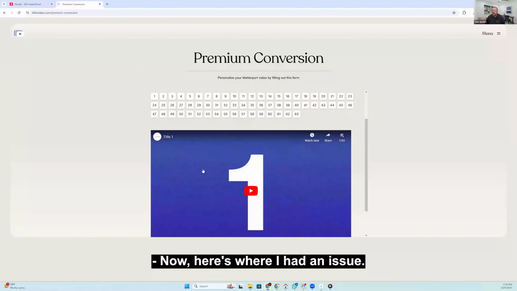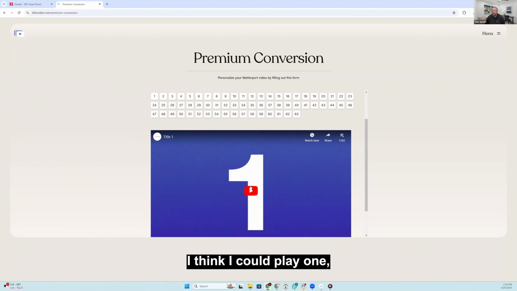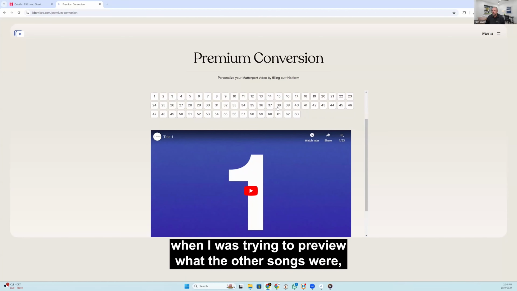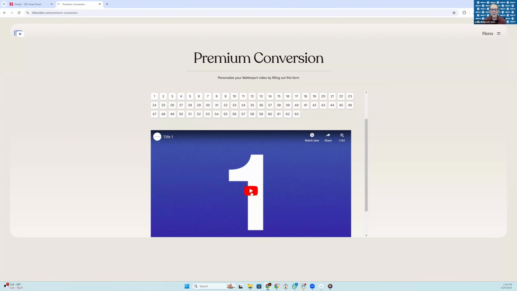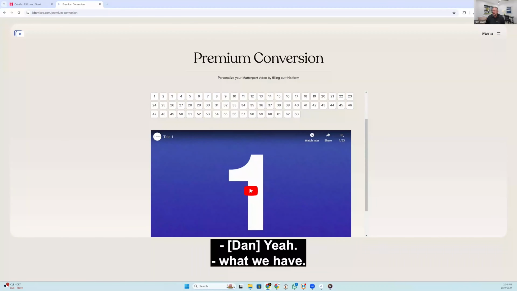Now here's where I had an issue. I think I could play one, but if I remember correctly, when I was trying to preview what the other songs were, I wasn't able to. So if you don't mind, I'll try to play one and see what we have.